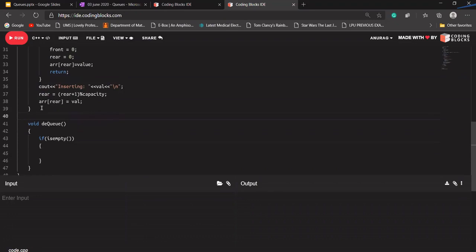let's quickly write our code for empty first. Bool isEmpty, in which case our queue will be empty if front, let's say rear or front or rear is equal to -1. In this case our